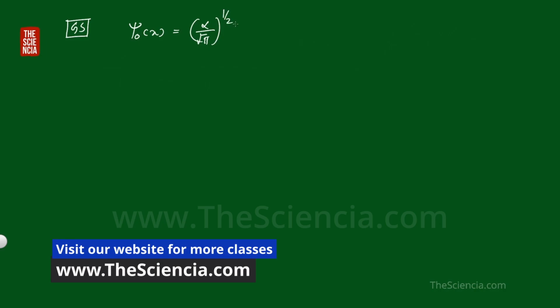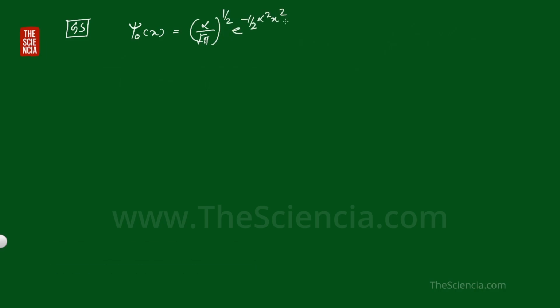Now let us discuss a little more about the different wave functions. First I am going to take the ground state wave function, and we know the ground state wave function, that is psi 0 of x is equal to (alpha by root pi) all raised to 1 by 2 e raised to minus half alpha square x square, right,